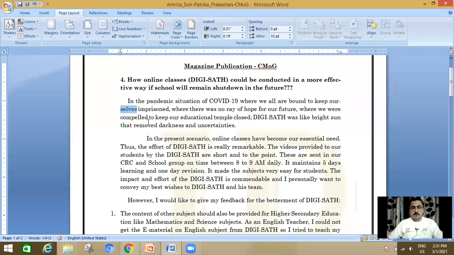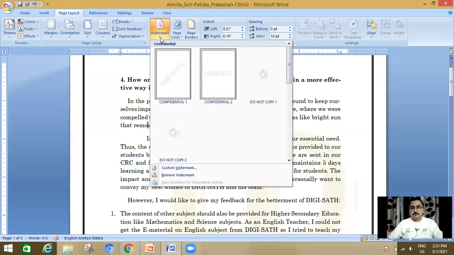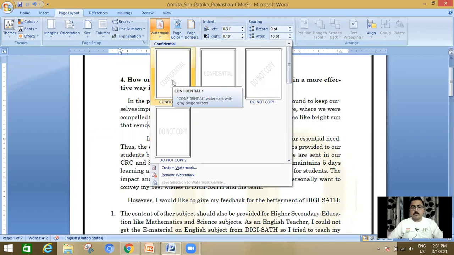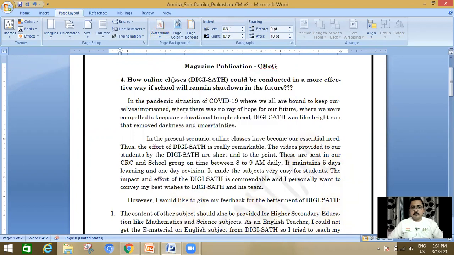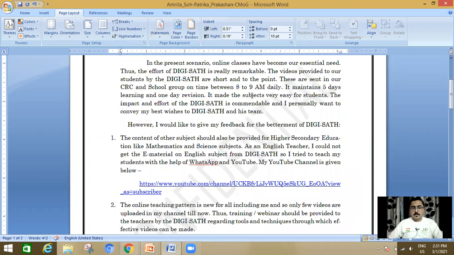How? Go to the page layout tab, click on watermark, and then, for example, I have taken confidential. You can see that horizontally confidential will appear.